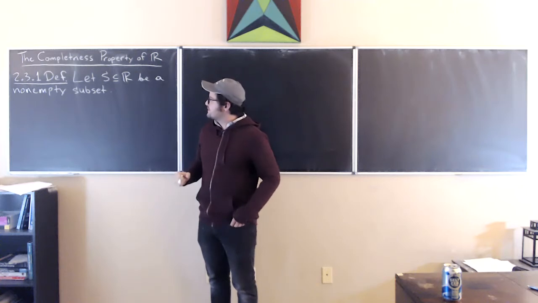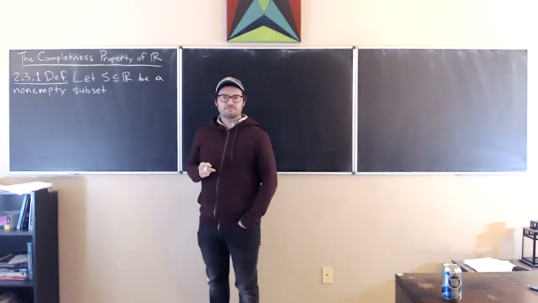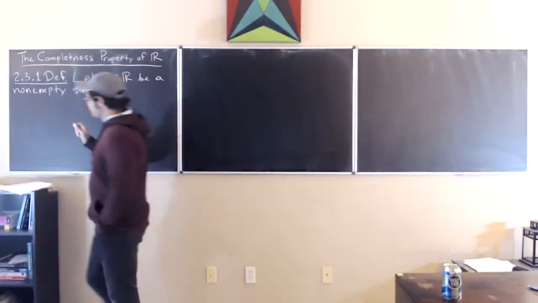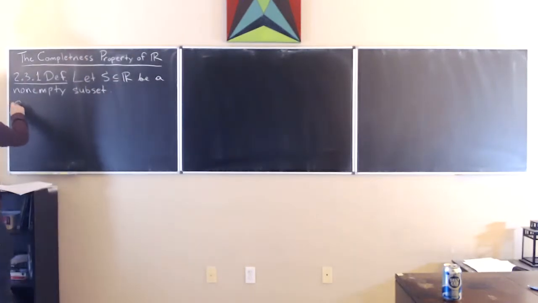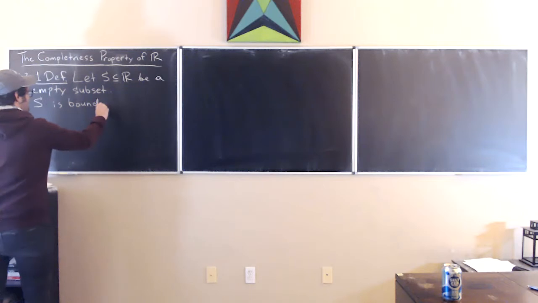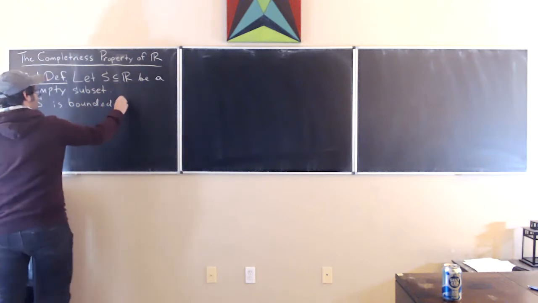So let S be a non-empty subset of R, okay? And just let me know if it blurs out again. So for A, we say that S is bounded from above